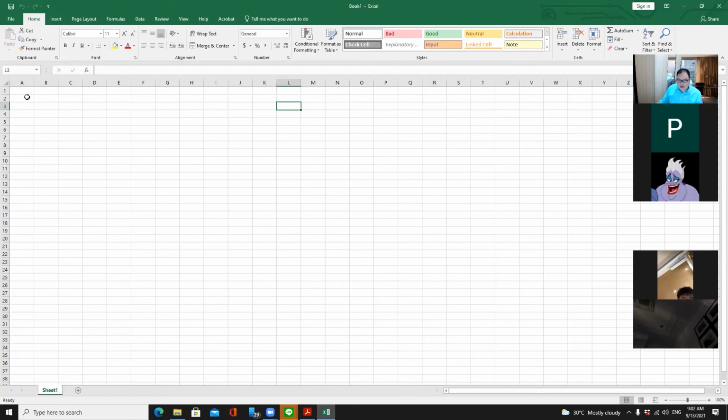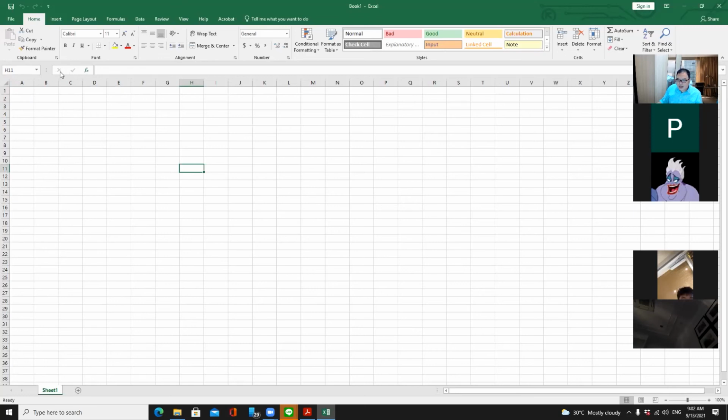Right now you may see a coordinate of a letter with a number. For example, most of you might see A1 in the Name Box. Some of you may see some other letter and number in the Name Box. I'll talk about it next. On the right hand side of the Name Box,